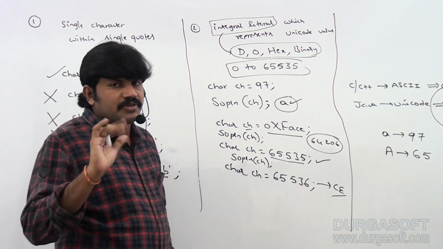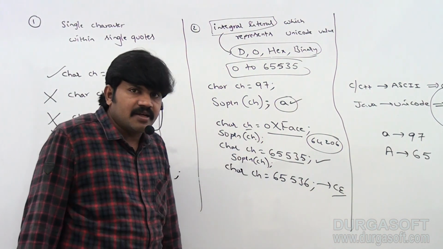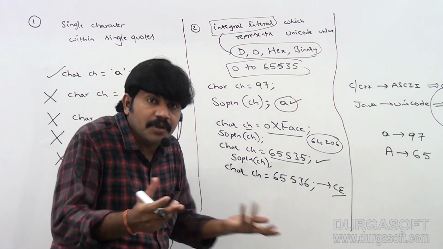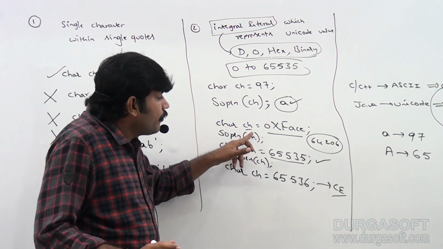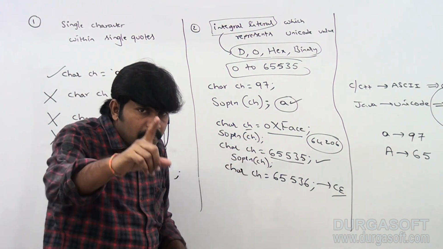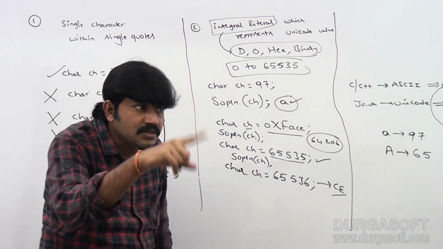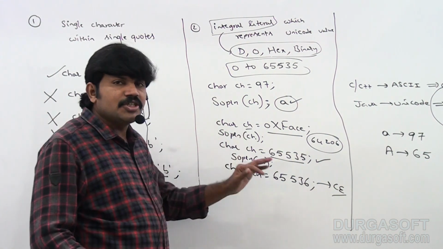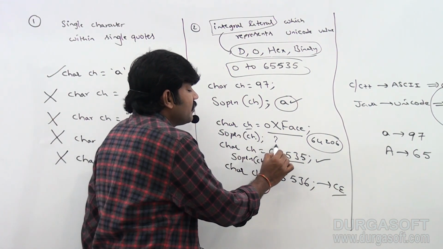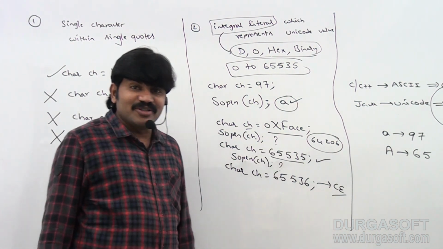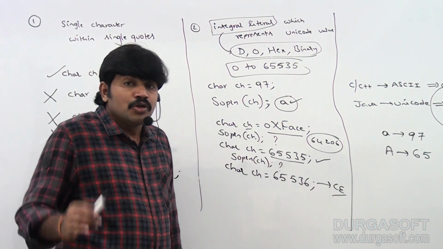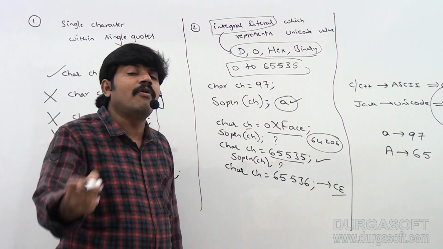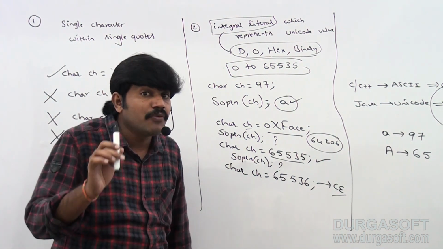But here one small twist is there. These corresponding characters may represent some Arabic symbol, maybe Chinese symbol, maybe Japanese symbol, or maybe Telugu symbol, we don't know. So if you are trying to print these values, compulsorily the font must be available in your system. If that font is not there, then it is simply going to show our favorite symbol, the question mark. Are you getting that? If you are getting output as a question mark, don't think that the corresponding character is the question mark. That font is not there in your system.